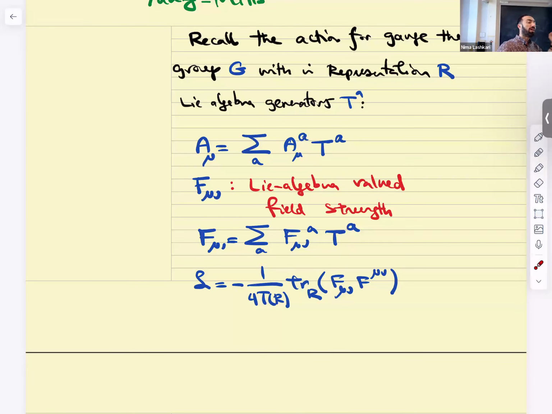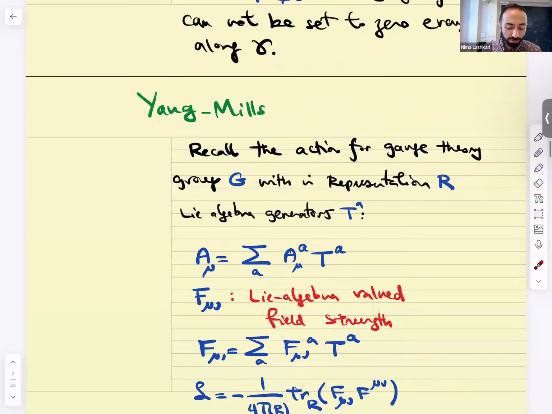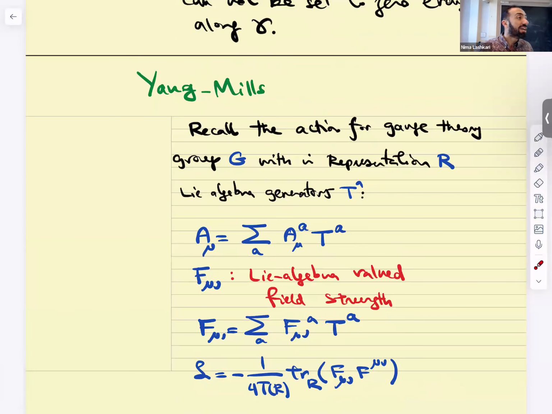Also recall, well, I guess you weren't there, but in part 1 of the course, we derived this action in the low energy limit of a lattice model. And this term popped up. Actually, a good idea to see how this could pop up is to go back to that derivation and see how you could have arranged for this term to pop up. All right, okay, enough for tangents. We're all good with gauge theory, classical non-abelian gauge theories.